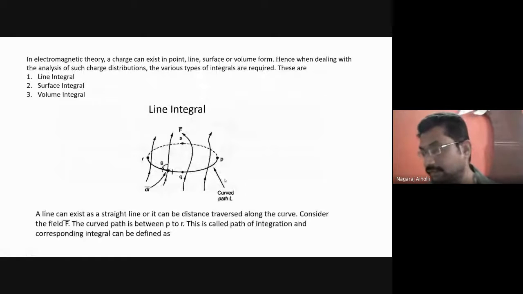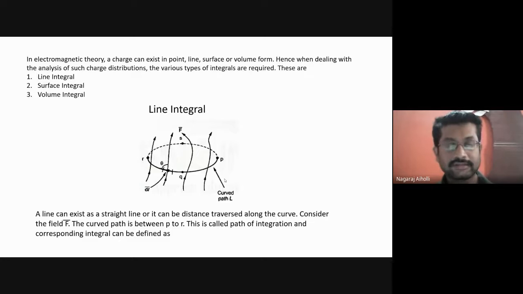Next is the concept of integral, students. So this concept is clear to you up till here: the concept of the divergence. What is divergence? The spreading factor. Then the gradient of a scalar function. Then curl, the rotating, swirling field F bar about the closed surface. So these three we all have to remember: the divergence, the gradient, and the curl. I hope all these three are clear to you all.